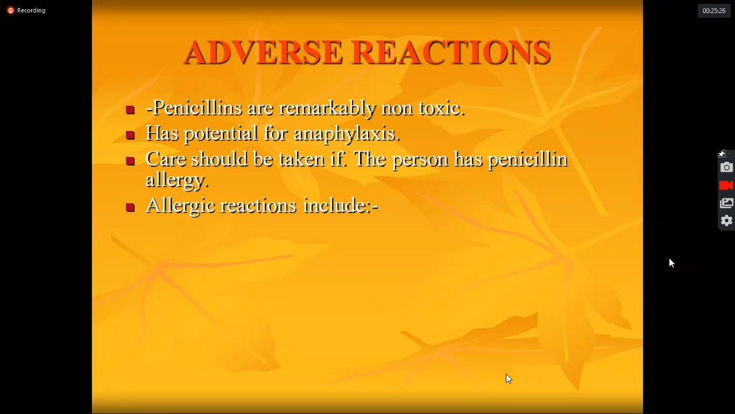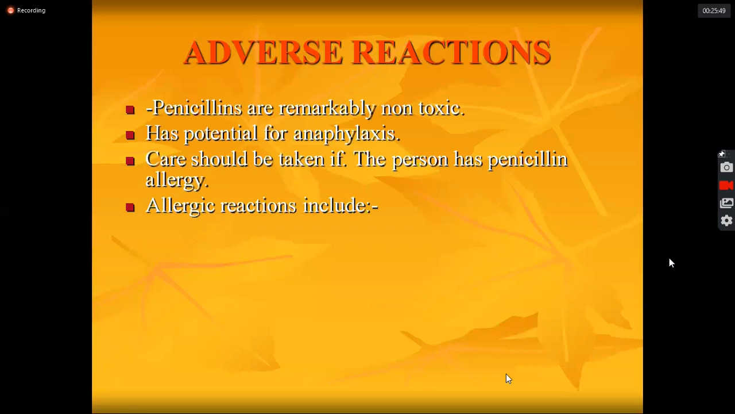You have to ask before starting any antibiotic, especially penicillin, you need to ask the patient the history, if he has experienced any side effect with any drug. The patient would remember. He would tell you that yes, I had taken a drug and after that my health became very bad. So if he tells you something like that, then for penicillins you must always